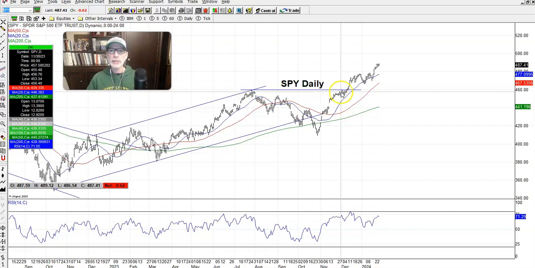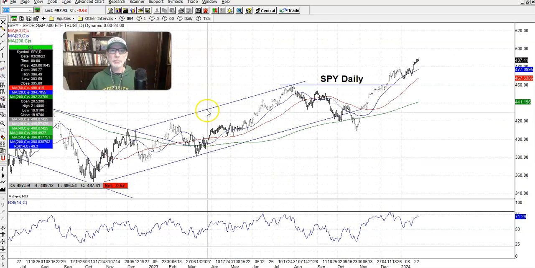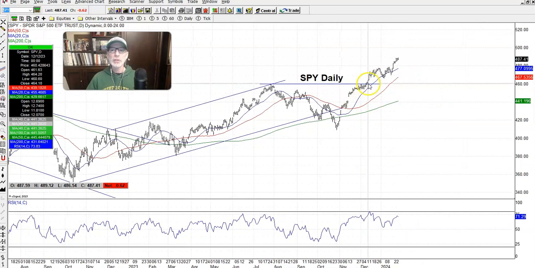Now this line here, I keep these charts with these prior drawings on them so you can check me over time, see what I've talked about in the past. And here's the last resistance line we had, right around 460 on the S&P 500. So we were waiting for that area to break. And the more times it tries to come up against resistance, eventually it's either going to fall or it's going to blast through. Okay, so the S&P 500 got through that 460 level early to mid-December, and it's been going